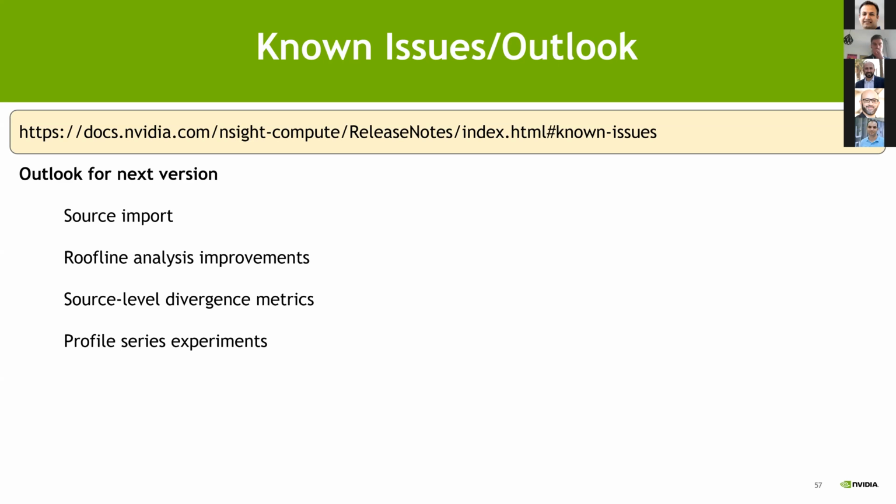A little outlook for the next version that's coming. Features that we're adding are the source import, to import the high-level source directly into your report file. A couple of Roofline analysis improvements to make that more convenient and to have a nicer UI, I would say. Source level divergence metrics: divergence metrics were available with nvprof and are now coming back with Nsight Compute. And also something we call profile series experiments, where within certain bounds or ranges,